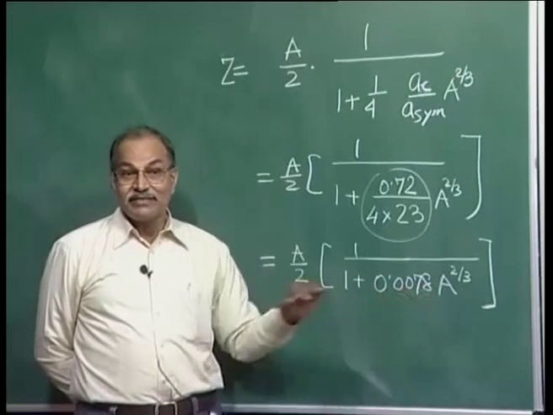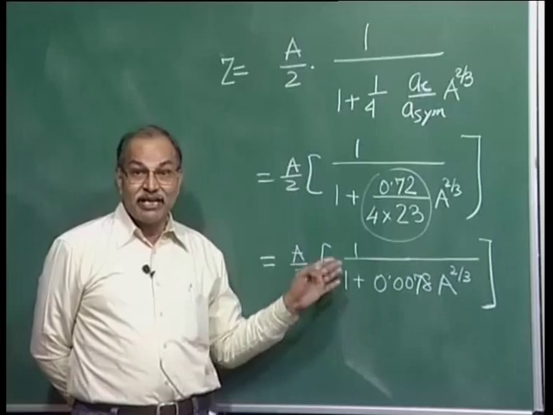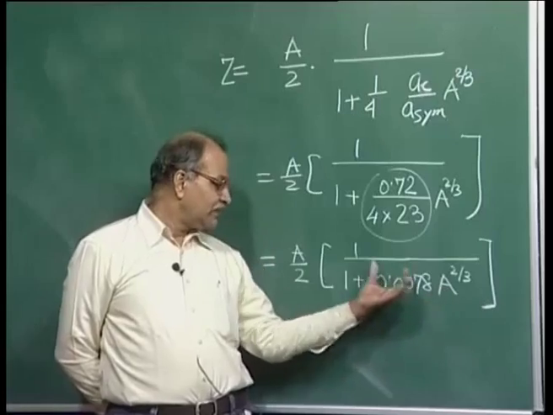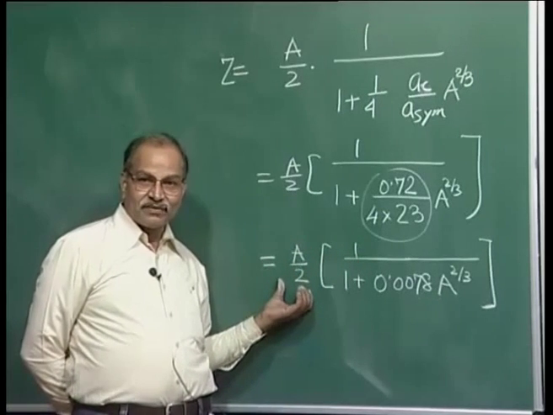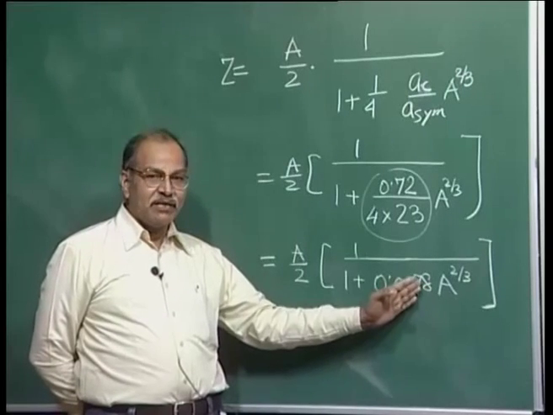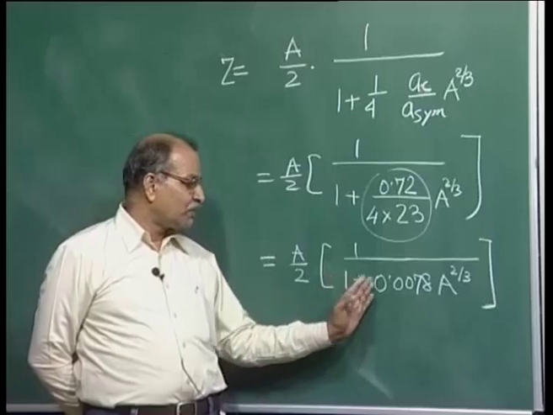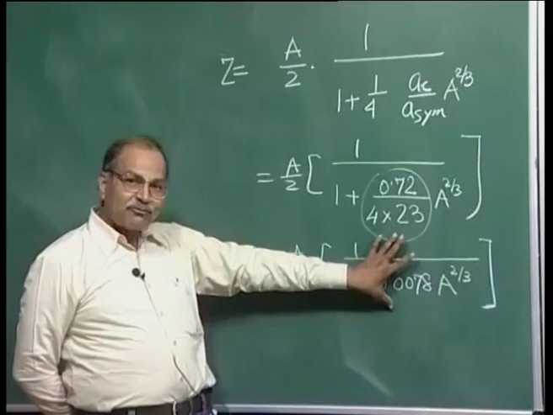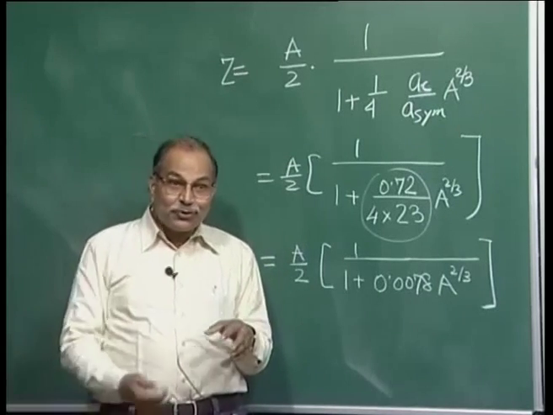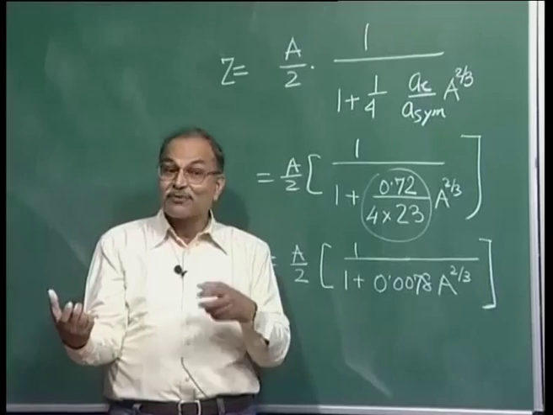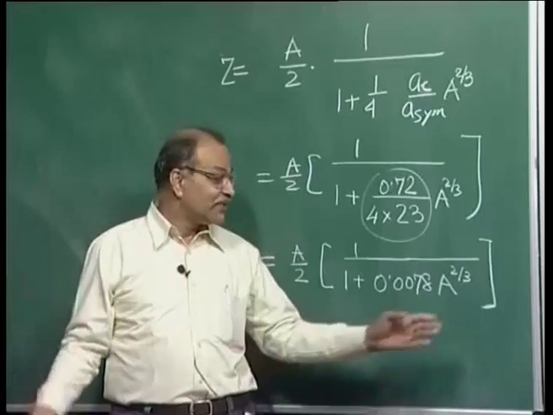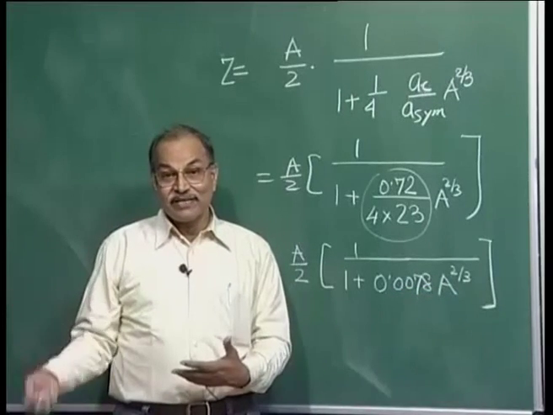So, light nuclei Z equal to N, whereas for heavy nuclei this factor will start coming up and then this will be less than A by 2, right. This is 1 divided by 1 plus this. So, once this becomes sizable, it is 1 divided by 1 plus something. So, this factor will be less than 1. So, Z will be less than A by 2. So, neutrons will be more and protons will be less. That is what you actually see for heavier nuclei. When capital A is large, you have more neutrons and less protons.